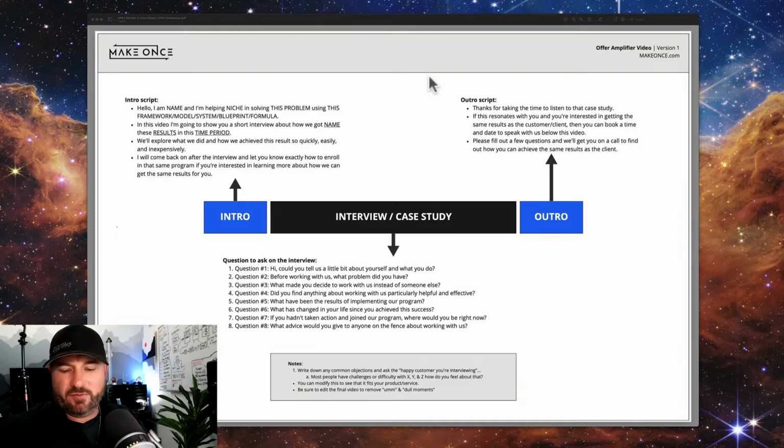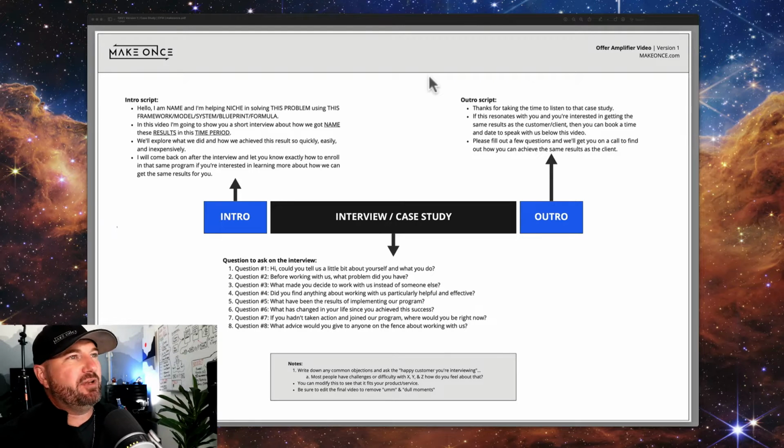So the premise of this is basically, instead of you having to be an artistic genius when it comes to describing what it is that you do and who you do it for, because a webinar, offer amplifier video or VSL, it's artistic. I mean, it's kind of like writing a song. So it's not very easy for a lot of people, and I understand that, and that's why I've been working pretty hard to figure out how to do it this way.